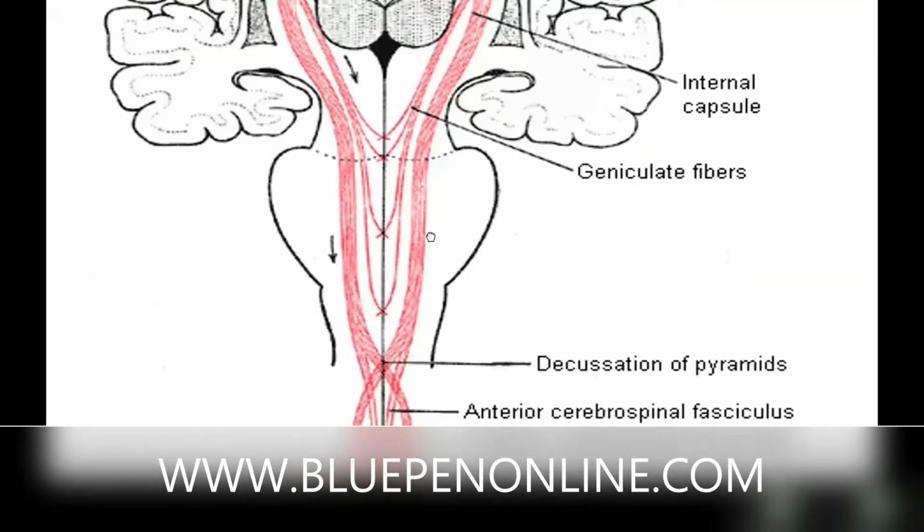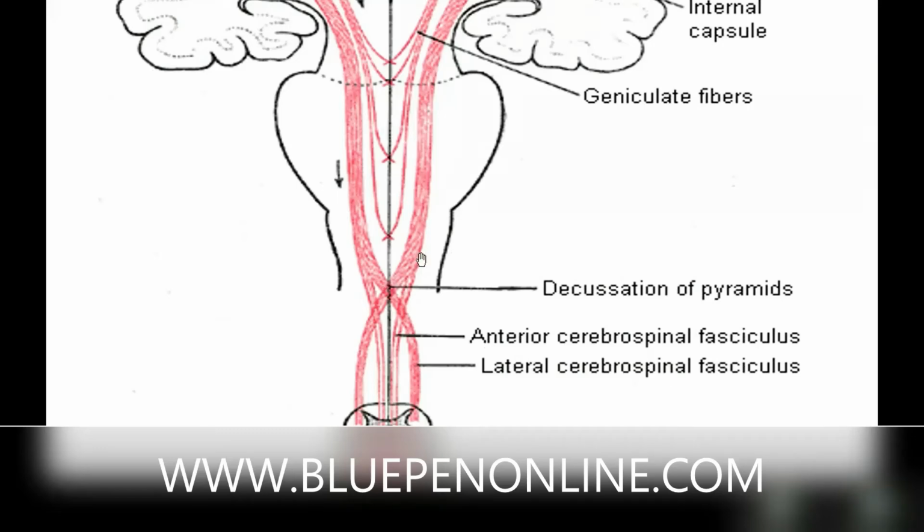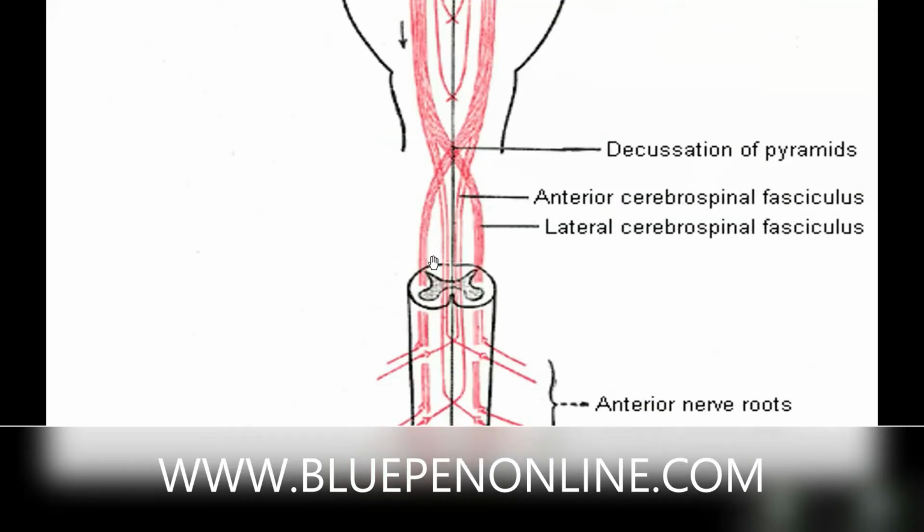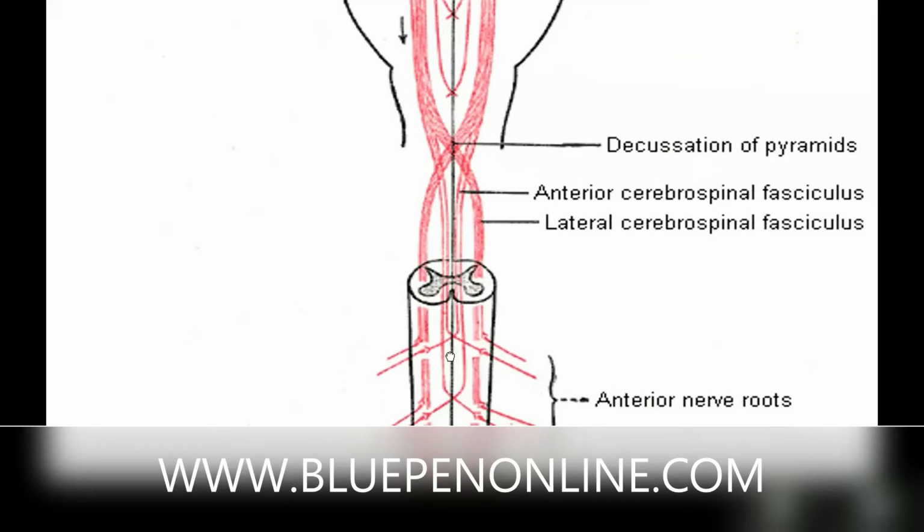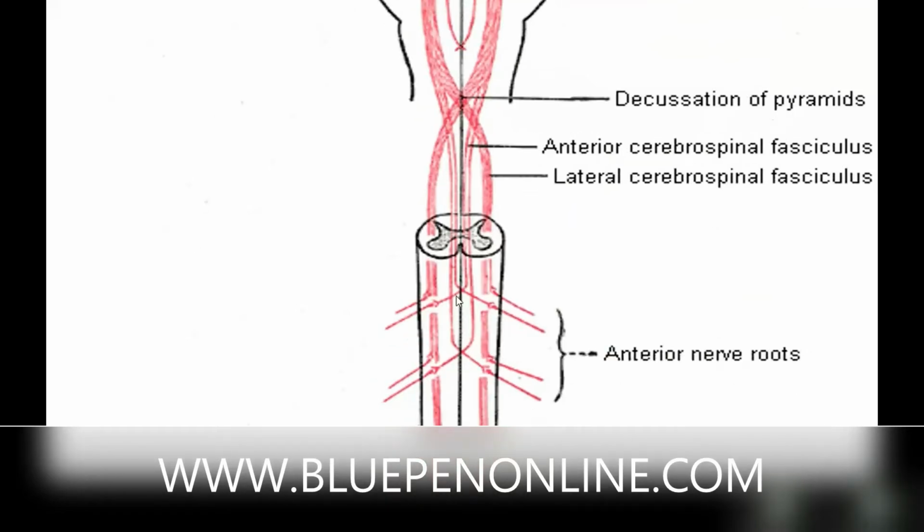So they come to the medulla, and in the medulla, 80% of those nerves will cross to the opposite side and 20% will remain uncrossed. The crossed ones pass through the lateral funiculus and form the lateral corticospinal tract, and the uncrossed ones pass through the anterior funiculus and form the anterior corticospinal tract. Depending upon the segment in which they have to end their pathway, when they reach that particular segment, for example, if